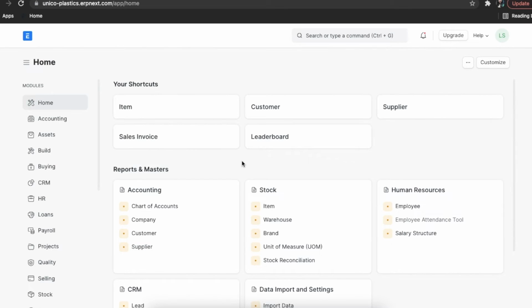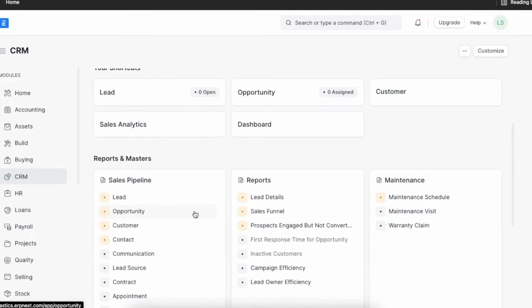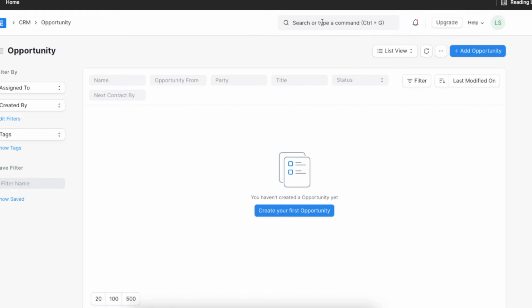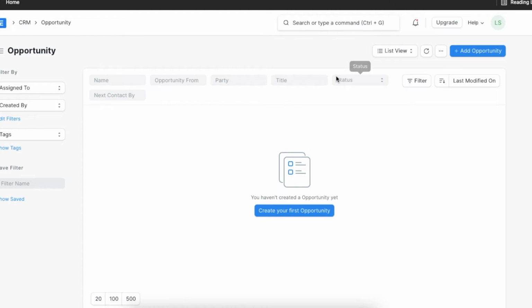In ERP Next, there are two ways to create opportunities. To view the opportunity list from home, click on CRM and then on Opportunity under Sales Pipeline. You can also navigate directly using the Awesome bar.